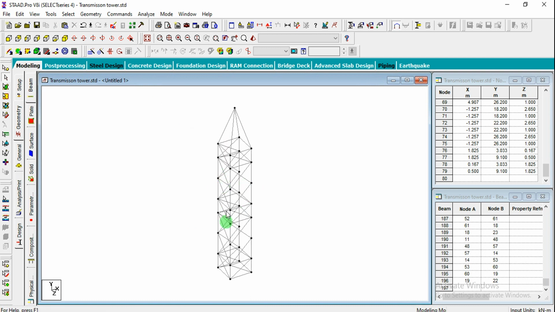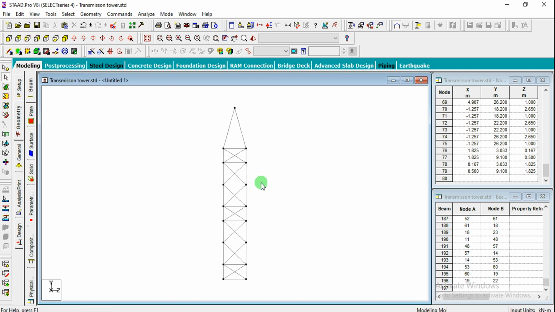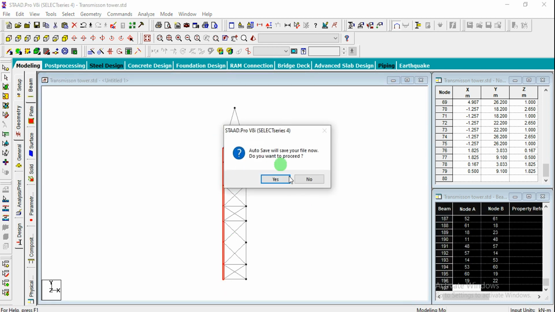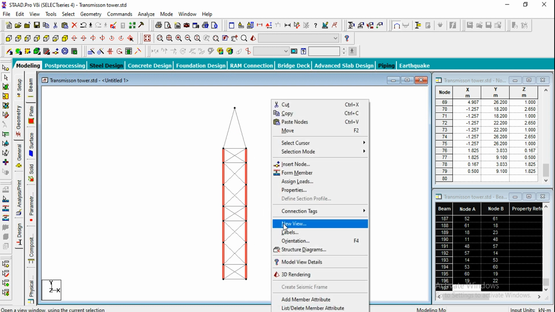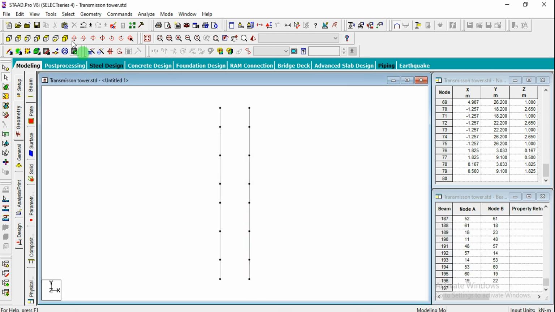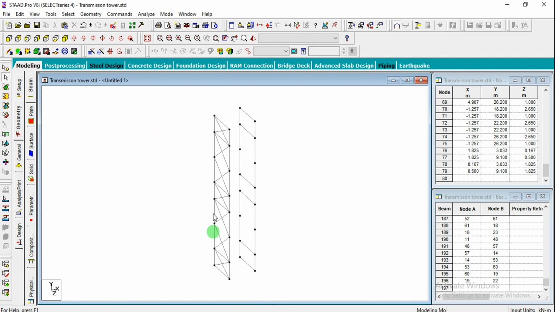So we need to get these cross members towards right side, right? So we can separate the side views. Just go for this one, or you can go for front view and just select the left part, and similarly right part of the structure, and again go for right click and new view and click on OK. So you can see that here we are having cross members and here we don't have any cross members. So simply we have to mirror them.